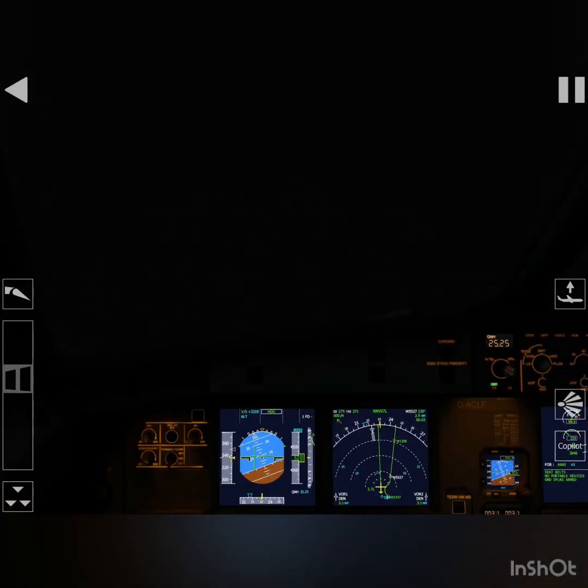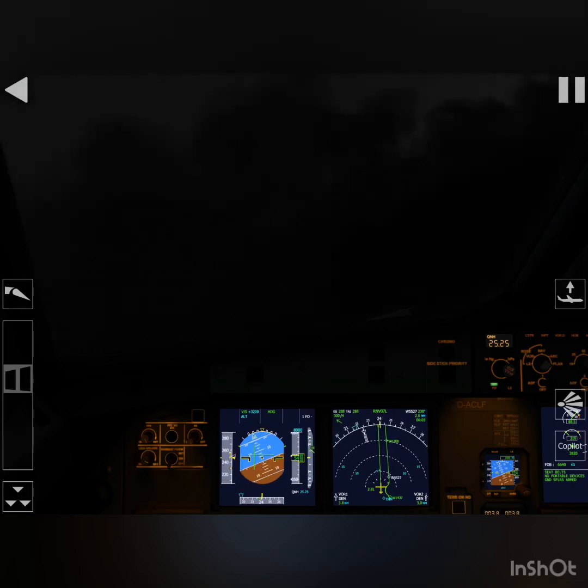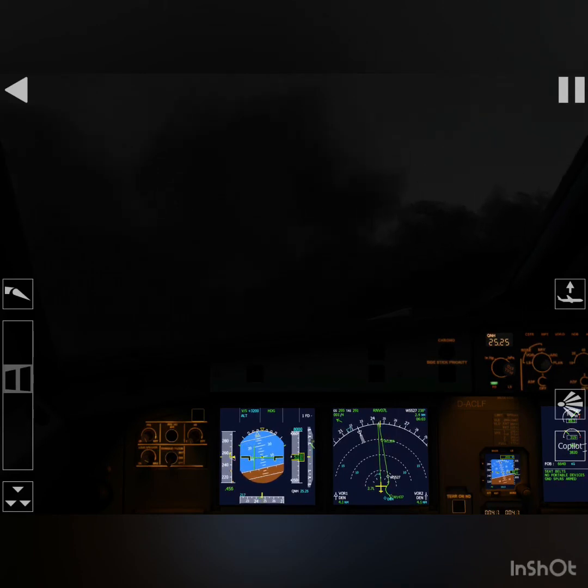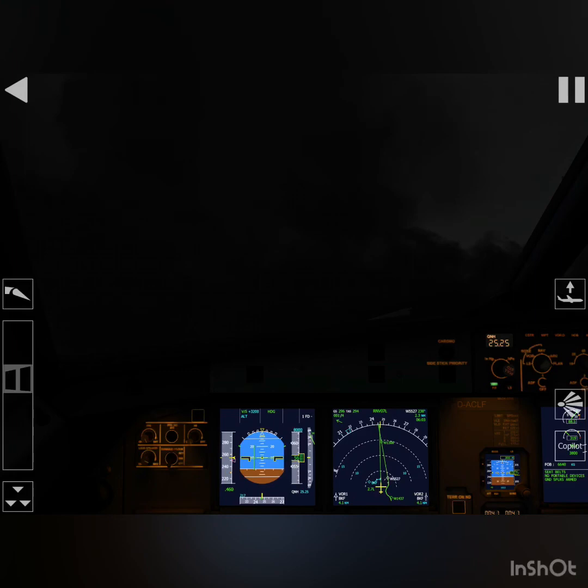Ignore that little heading thing there, we will turn it off in a minute. Now, once we are stable, keep that nose up. We can